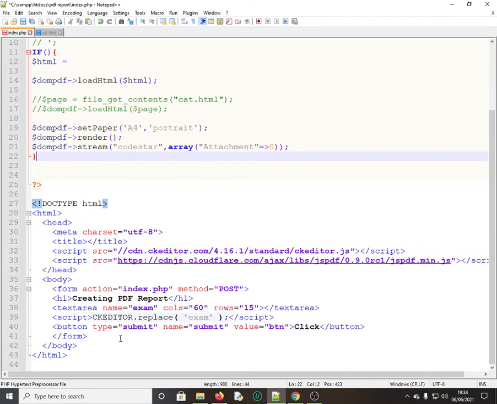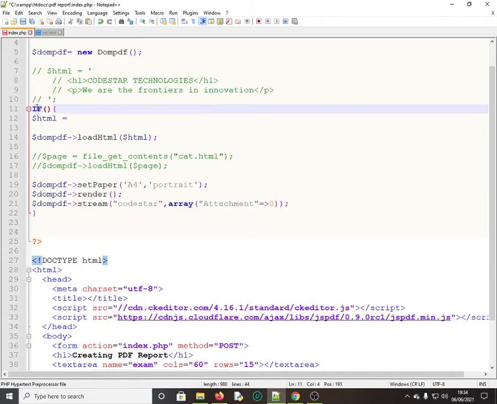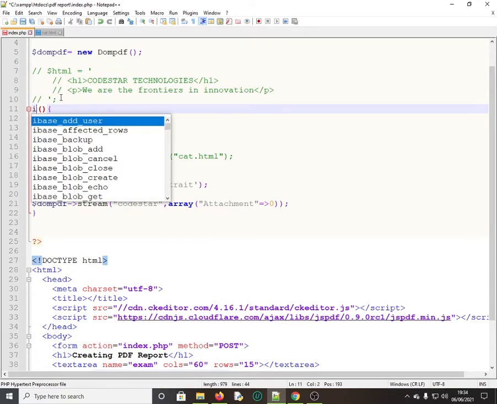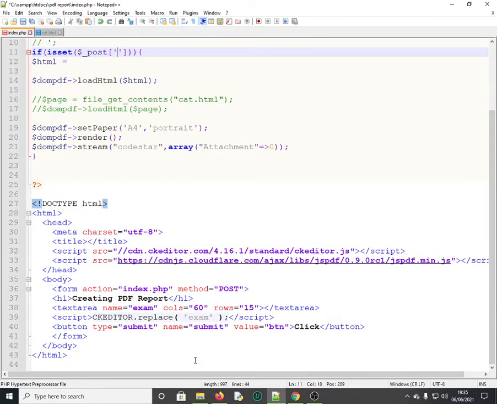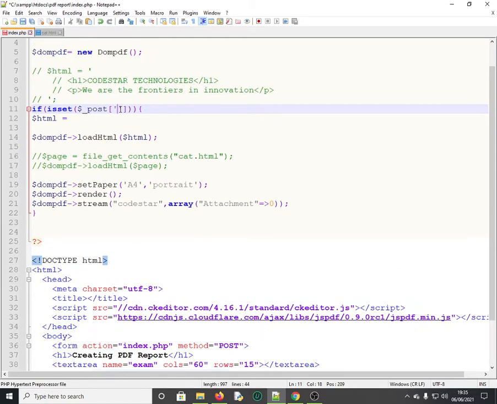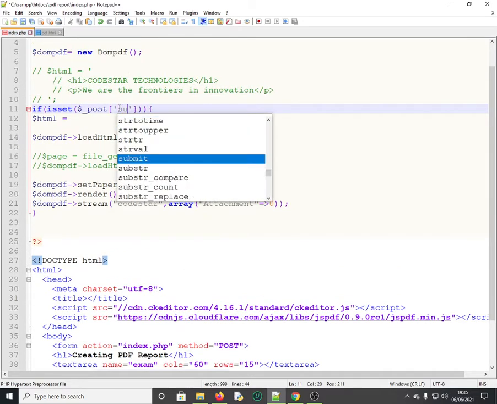So if I click this submit button, you can say here if, and you can say isset in brackets, $_POST is set like that. Then here I can write the name of the button, which is submit. If the submit button is clicked,